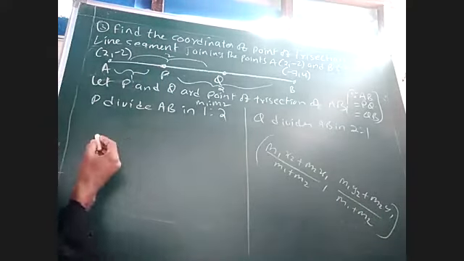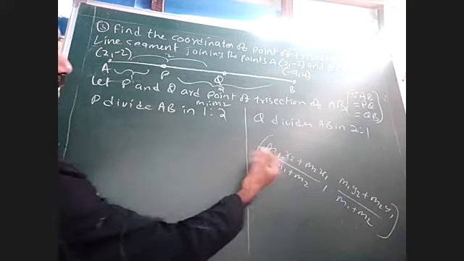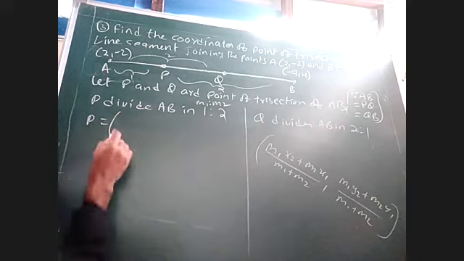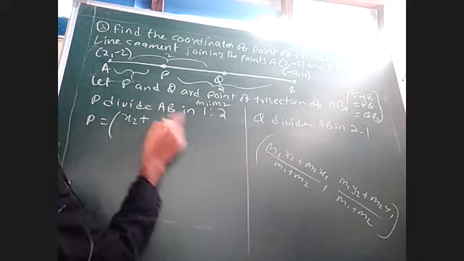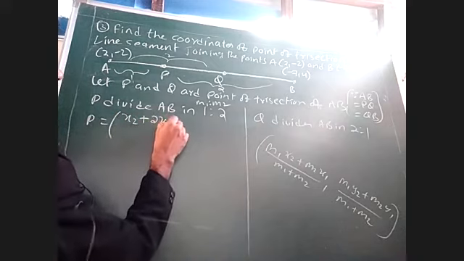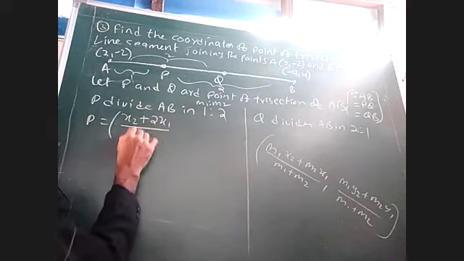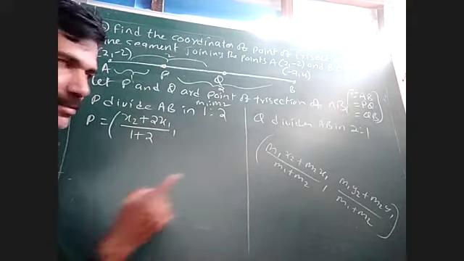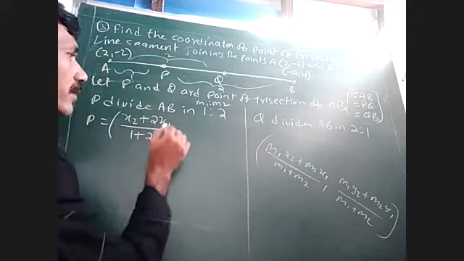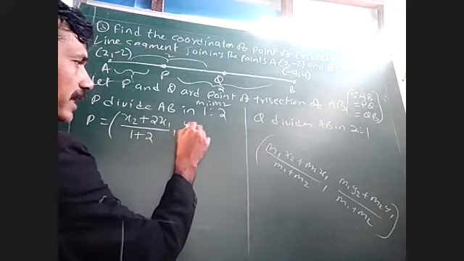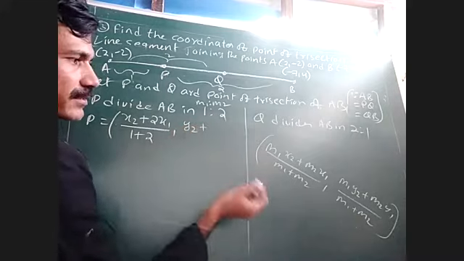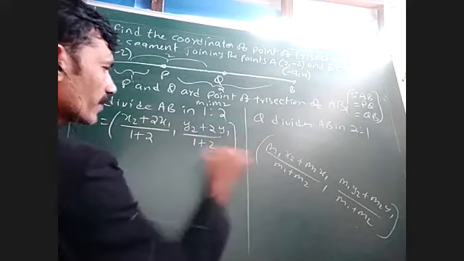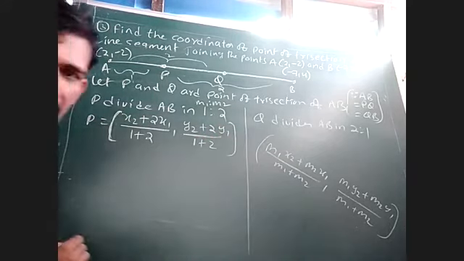Now see, m1 and m2 you know, so you can substitute those values. So how will you get P? m1 means 1, x2 plus m2 means 2, 2 x1, by m1 plus m2, 1 plus 2. Directly I'm writing, I'm not writing the formula again. Next, the y coordinate: (y2 plus 2 y1) by (1 plus 2). Here you can find P.